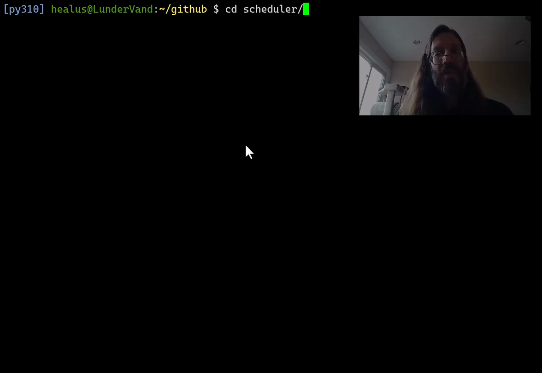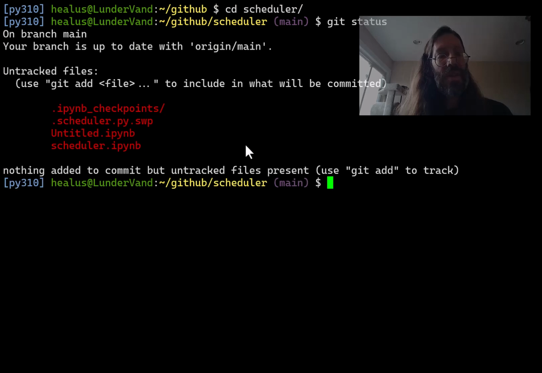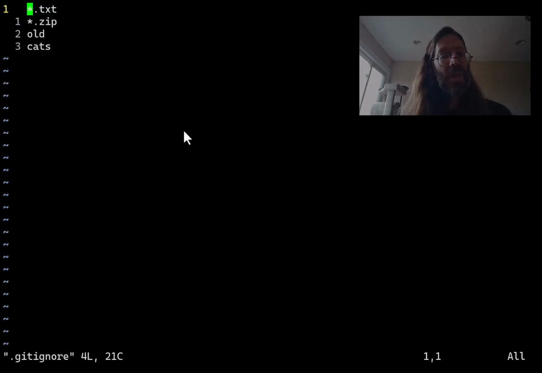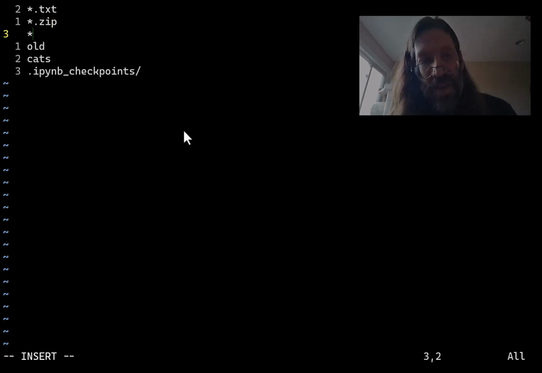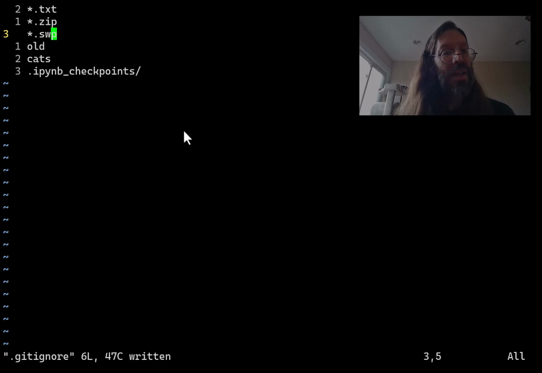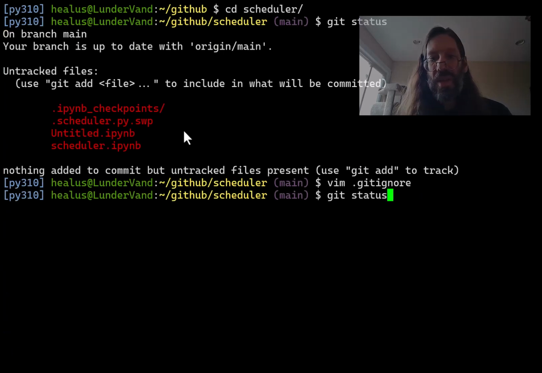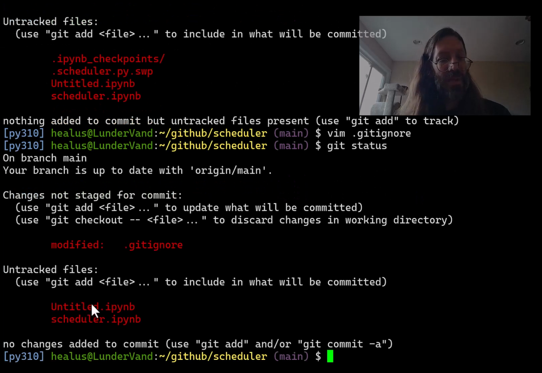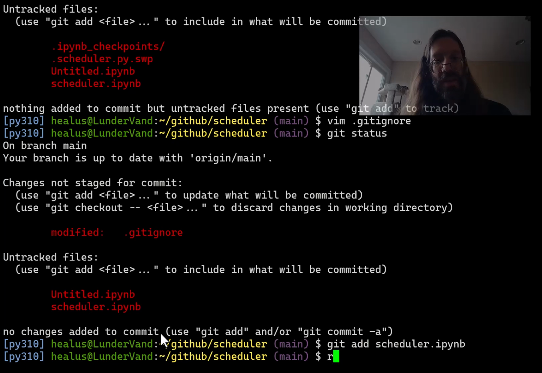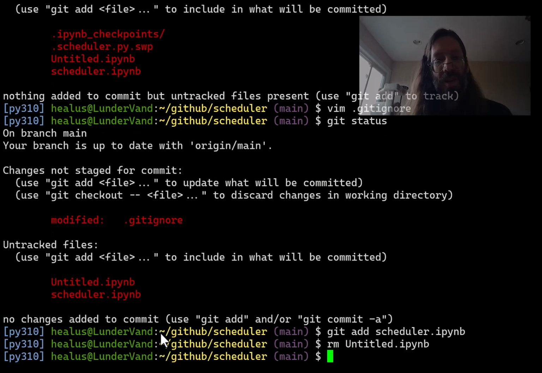But now that I'm in there, cd scheduler, git status, right? All the IPython notebook stuff. There's an untitled.ipynb in there. There should not be. We're going to be adding swap files and checkpoints to git ignore. Then git ignore. I never like to look at this. And everything that is a .swap file should never get added. And quit. Git status, slightly less red. We want to git add scheduler.ipynb. We want to remove untitled, that doesn't belong in there. Git status,